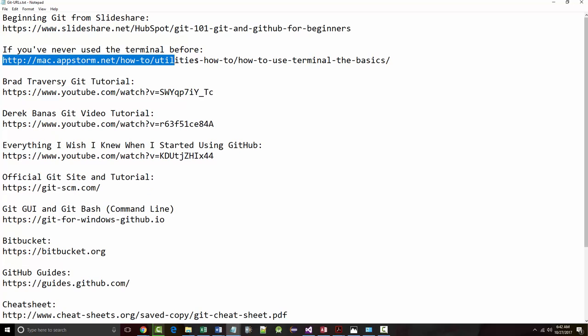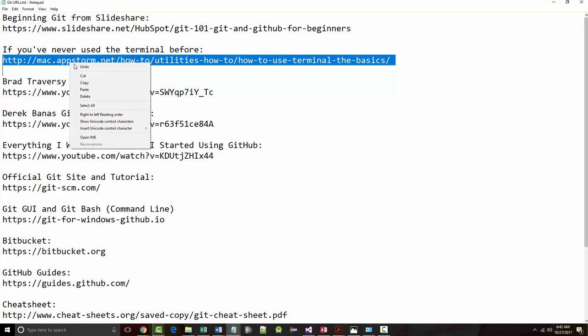Now, the next thing that's here, and I'm not going to spend really any time on it, but I want to be able to show you Git, and I want to show you Git first from what's called Git Bash, which means I want to show it to you from the command line. Now, some people may or may not be familiar with the command line. So just in case you've never done anything from a command line before, there's this little